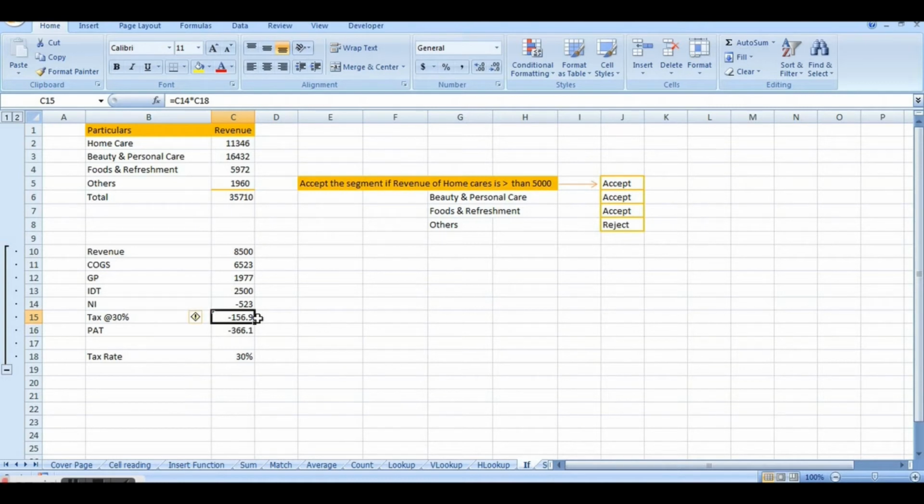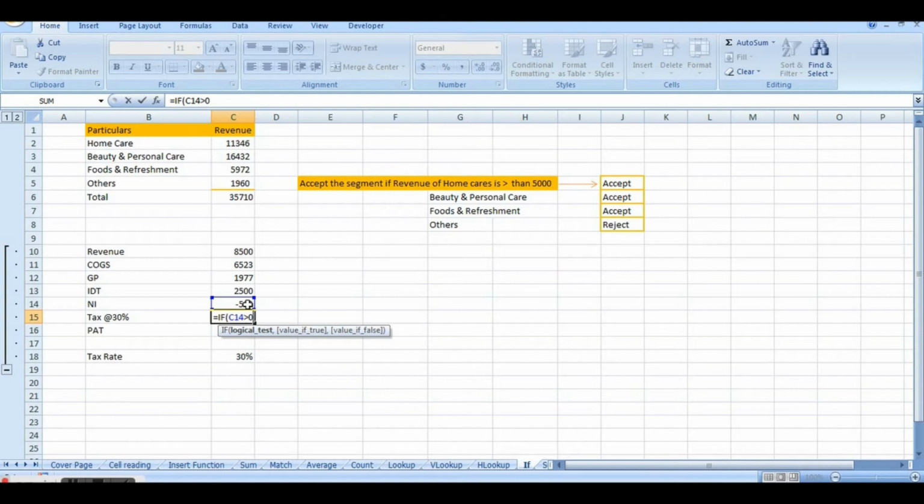Now instead of directly multiplying the net income amount by the tax rate, we can put an IF condition here. The logical test is: net income is above 0, meaning if it is positive then only is the tax applicable.